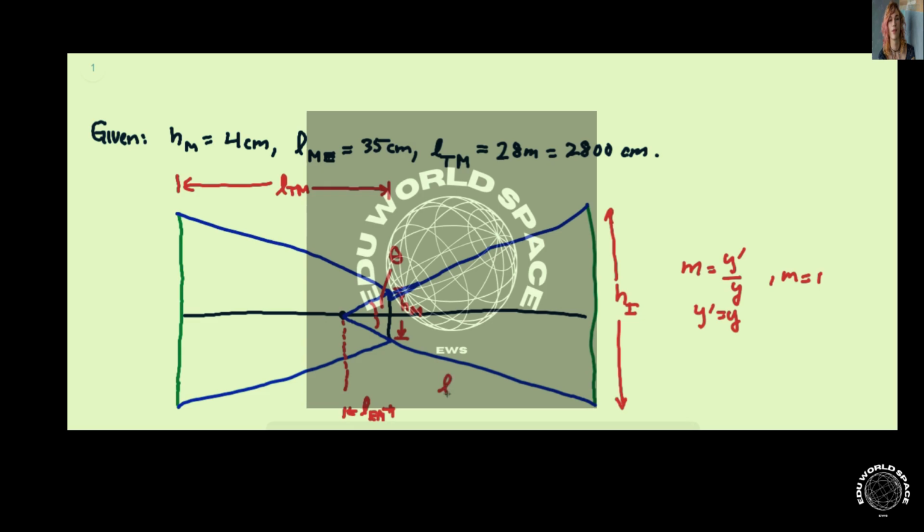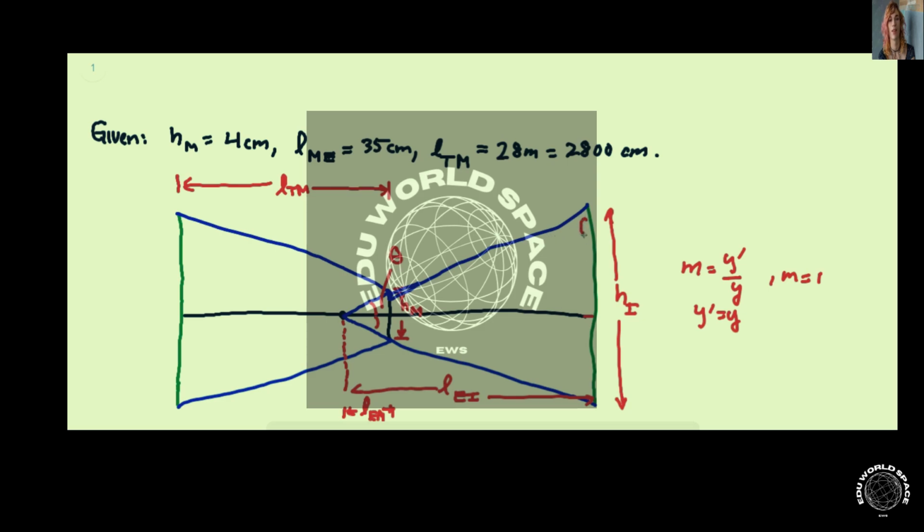So this is the length from the eye to the image. Okay, so that's the length that goes here. Okay, so I'm just gonna draw these two triangles on the next page, but let's be clear